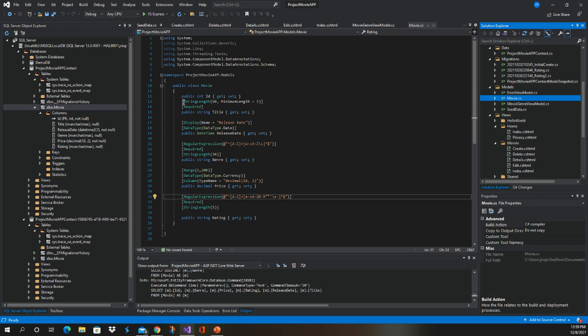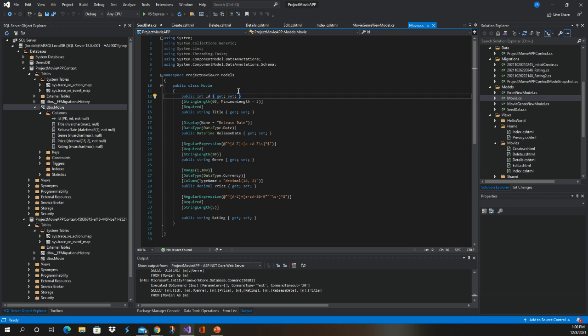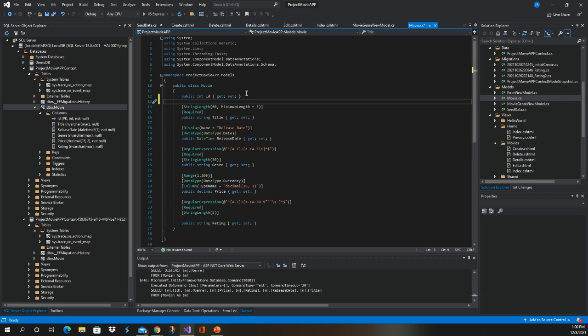Basically here, I've added these different string lengths, 60 maximum, 3 minimum, and required. That makes it so it has to be a string with a maximum length of 60 and a minimum length of 3, and that it's required. If I were to take this out, this wouldn't be required. And this right here is for the title, and same thing here, display name equals release date, data type,